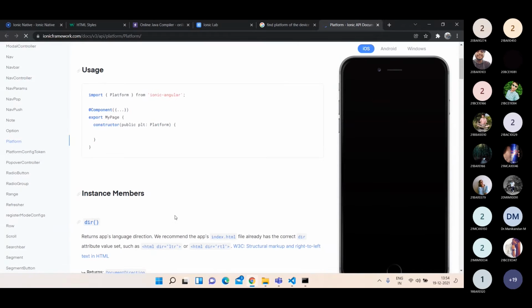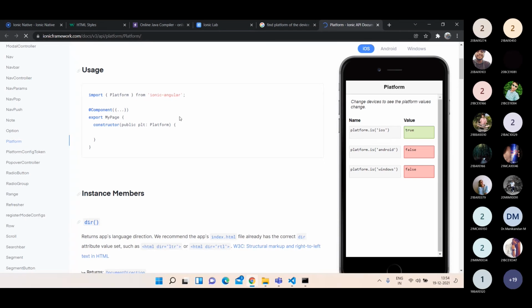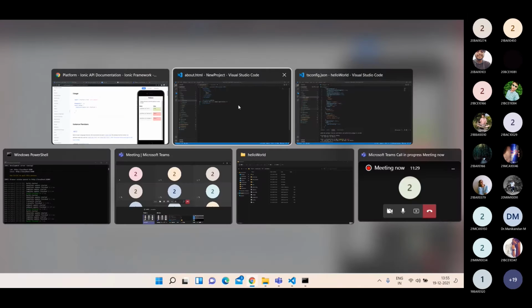Okay, so using this, you can understand which particular platform you are actually working on. So if you see this device, if platform.is iOS, then you can do some coding. If platform.is Android, then you can do some other coding and you can work based on that. So it is just the if else part you're writing in your TypeScript. You got it? Yes, sir. Maybe while we are writing these codes in your application, you can come across some more knowledge.